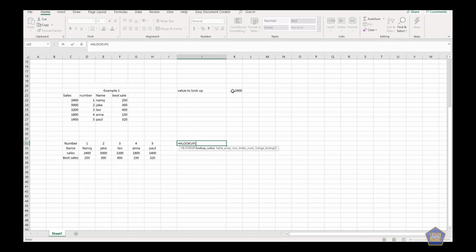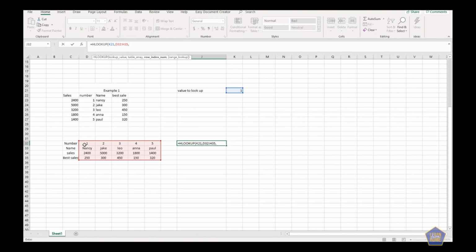Let's just change the value because we want to look up numbers. So we're going to write down 1. Okay, so we are looking up this value in this table,